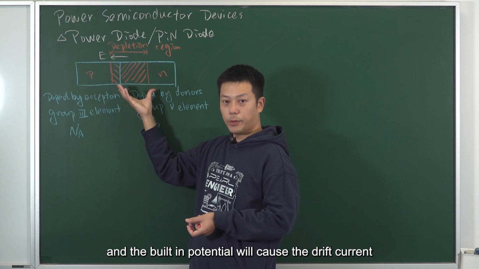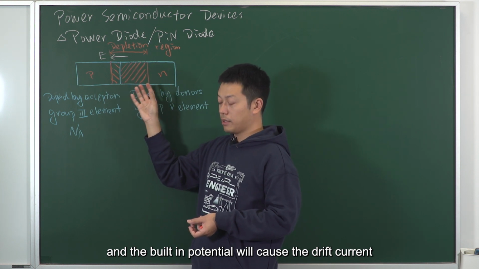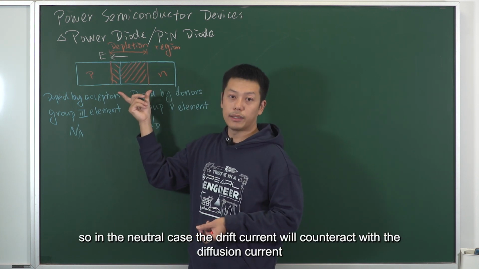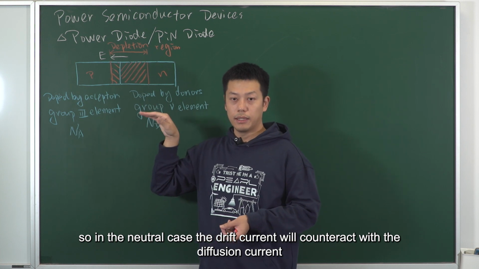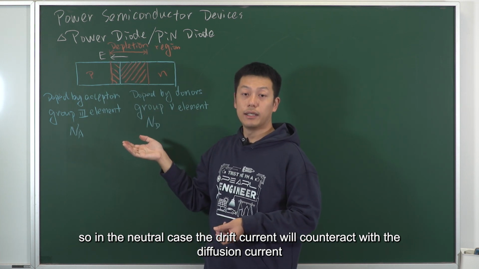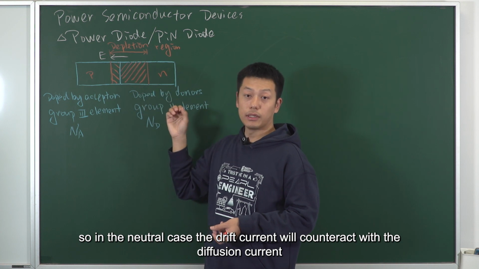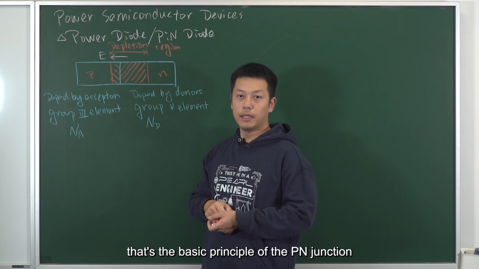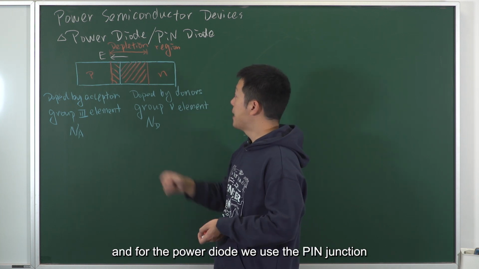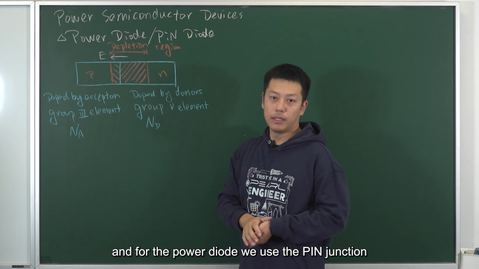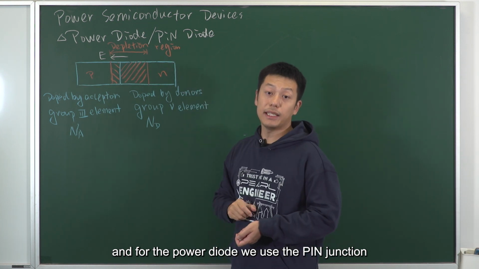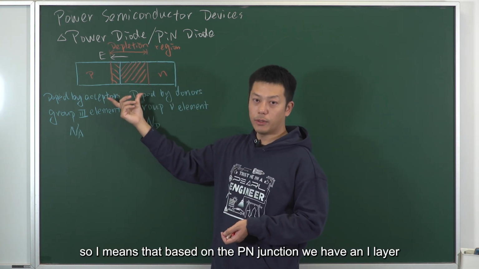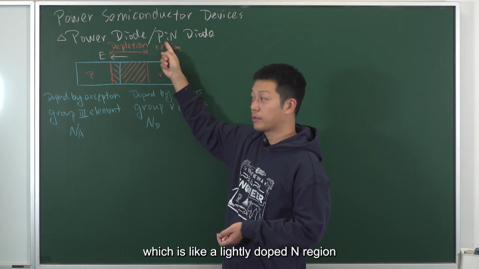The built-in potential will cause the drift current, right? So in the neutral case, the drift current will counteract the diffusion current. So eventually, the PN junction can reach an equilibrium. That's the basic principle of the PN junction. And for the power diode, we use the PIN junction. The I means that based on the PN junction, we have an I layer, which is like